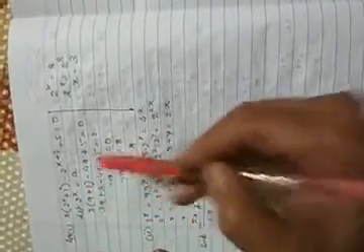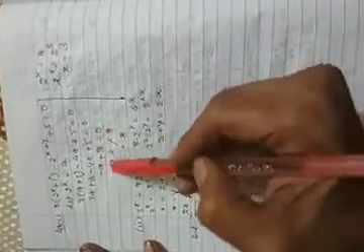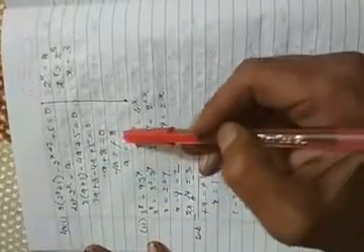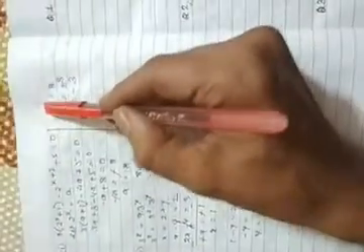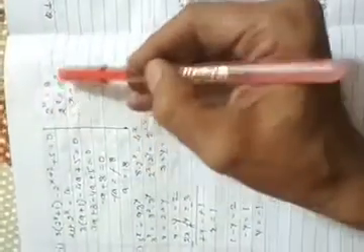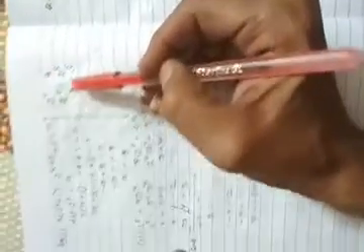Just multiply 3 by a plus 1. You got the equation, and by this calculation you can easily calculate the value of a as 8. Now bring that 8 in front of 2 to the power x. So 2 to the power x will become 2 to the power 3. Comparing the exponent, we got the value of x is equals to 3.